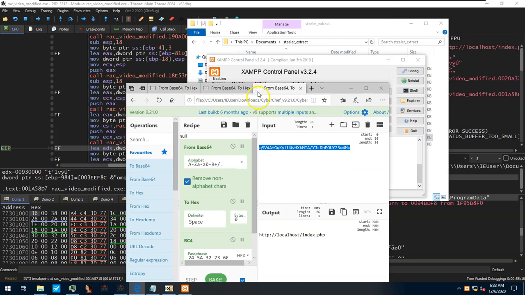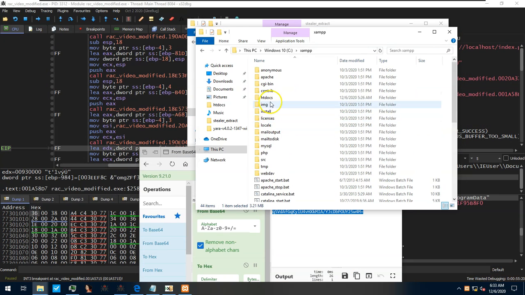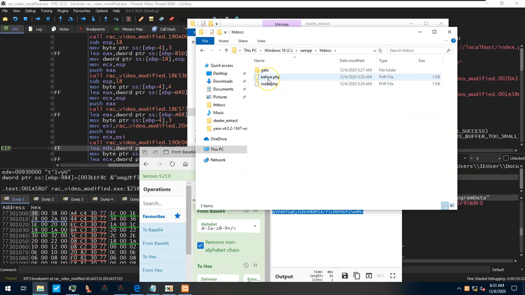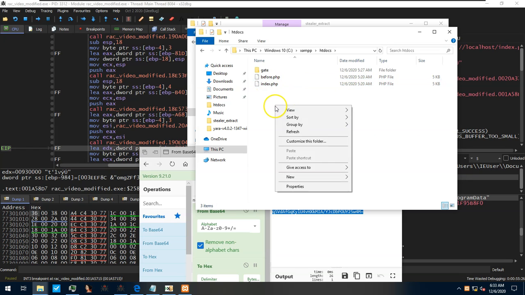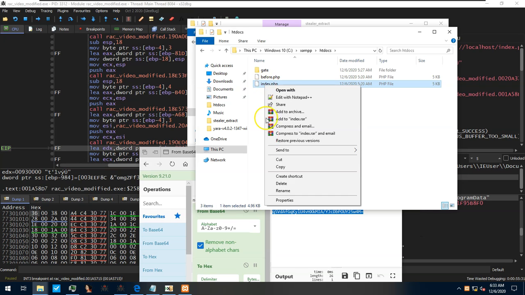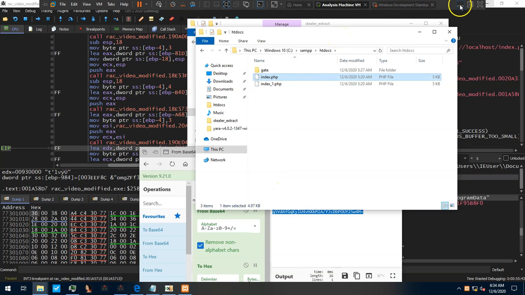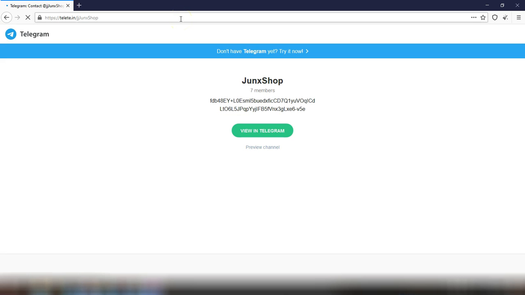Cool. So we've got the web server up. I'm now going to modify the htdocs. I already have, so there's that. Because I've been working through this, I actually want to just rename these. I should have done this beforehand. There we go. So this is the actual one that we're going to want. But before we do that, we need to visit that website. So that's what we're going to do. Okay, so we're just connecting to the